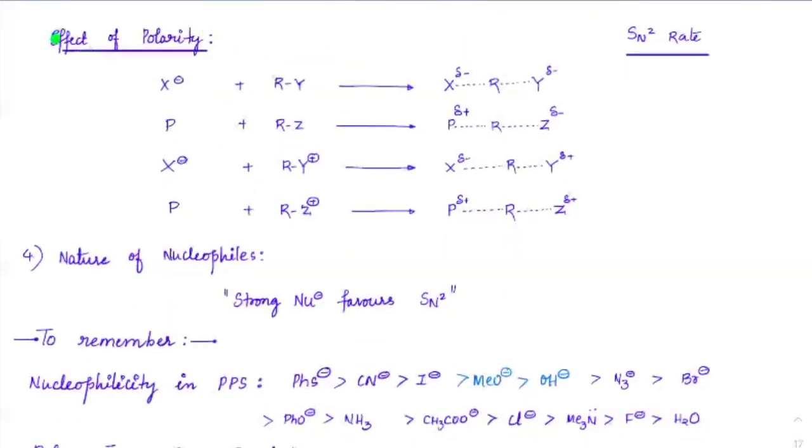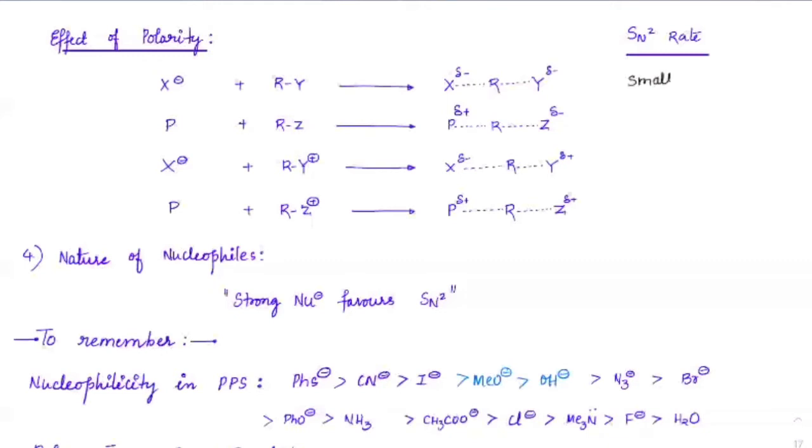How does SN2 get affected due to polarity? Suppose it's very logical. Focus with me. If the nucleophile is charged, and if it attacks this and removes Y, then what would happen to the rate of SN2? Now imagine if the polarity is increased. If polarity is more, X minus nucleophilic nature would be less, and because of that, attack will be slow. So what happens to the rate? Rate will decrease.